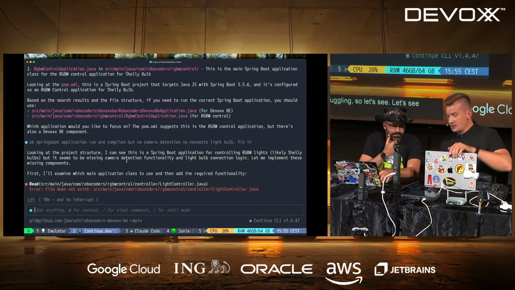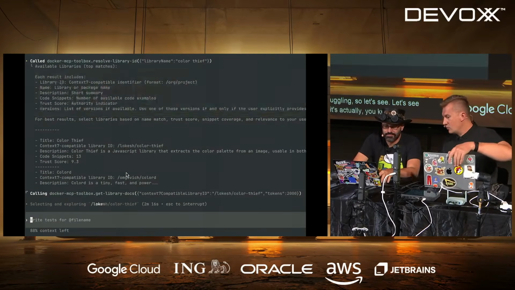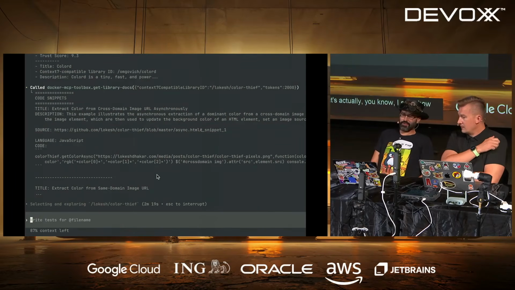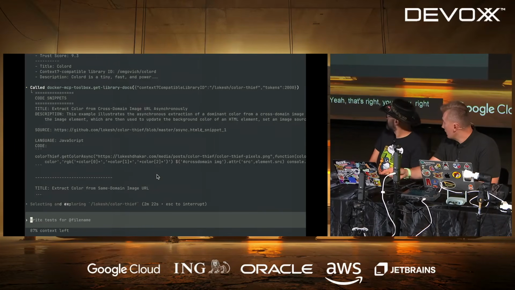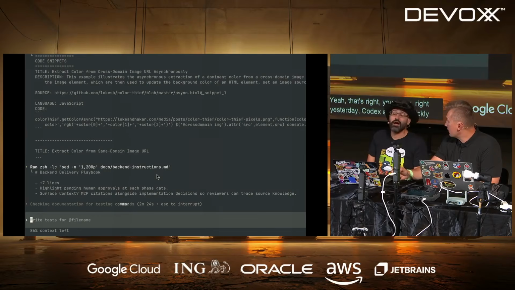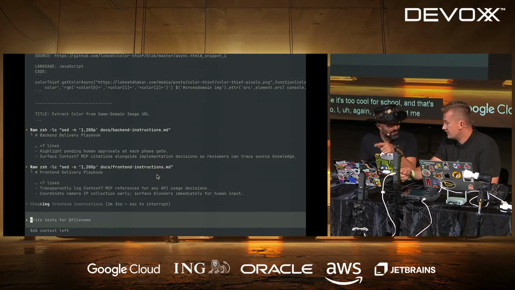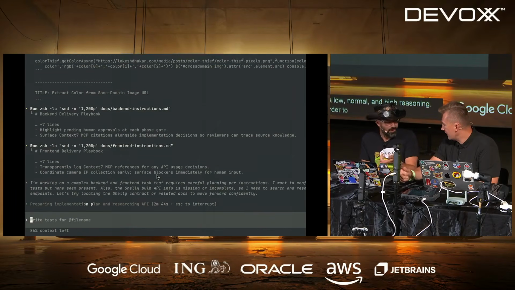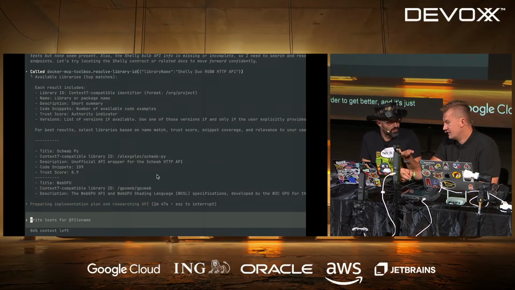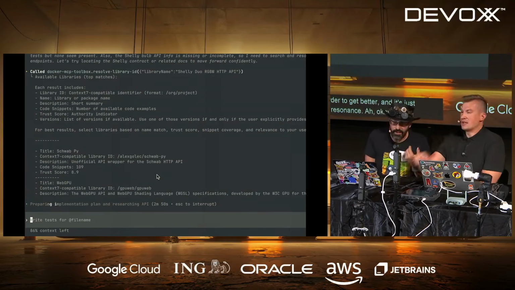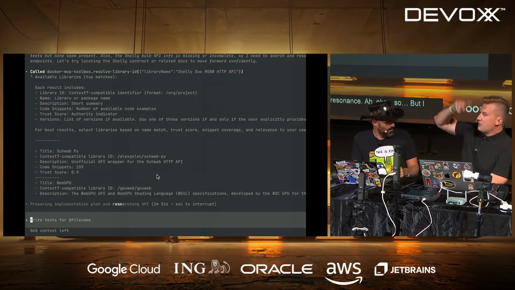But again, this is so cool. Somehow it moved much further than it did before. And surprisingly, yesterday Codex was very quick. I switched to high reasoning to get better results. Maybe it's too cool for school, and that's why it's too smart. No, again, you ignored me when I explained that it has low, normal, and high reasoning. So I switched it to high reasoning in order to get better results, and it's just much slower because it is high reasoning. It has an additional internal loop that it evaluates.